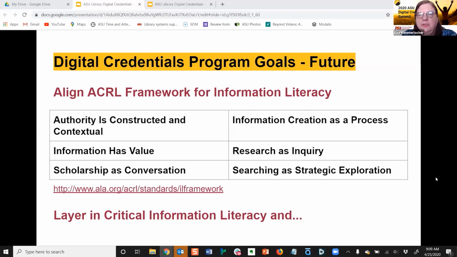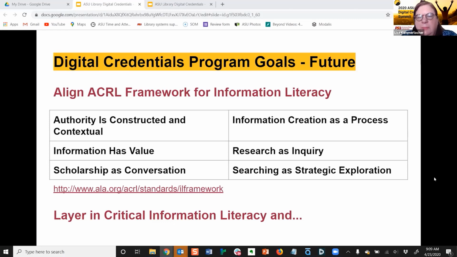So I'm not going to read them all, just to say that we really hope by approaching these multidimensional and nuanced items in this framework, it's going to help us have newer conversations with instructors, instructional designers, and our library colleagues. And these frames, I think, can help us shape some meaningful content and assignments, and nudge us into creating deeper and richer learning experiences for our students. And finally,